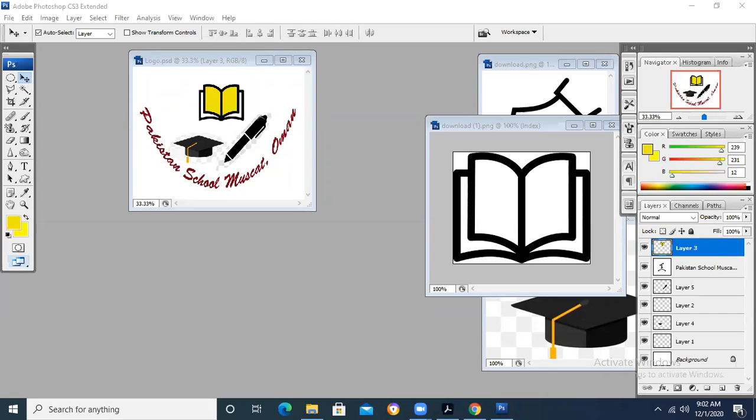Believe me, these are very valuable things that I have taught you in these two chapters of Adobe Photoshop, because this software is going to pay you in your future. You will have to do a lot of things in Adobe Photoshop when you are in your higher grades,